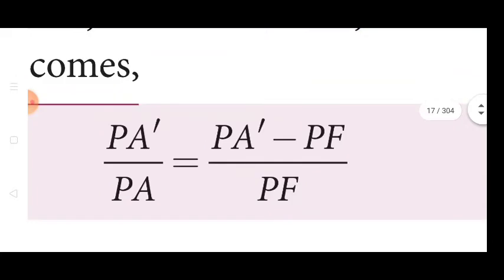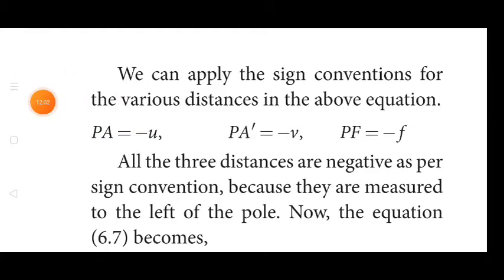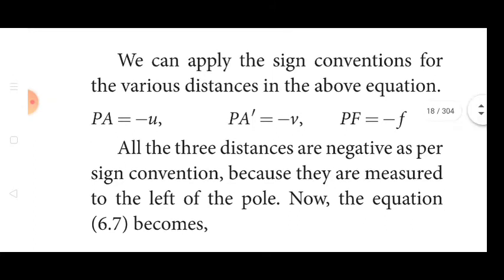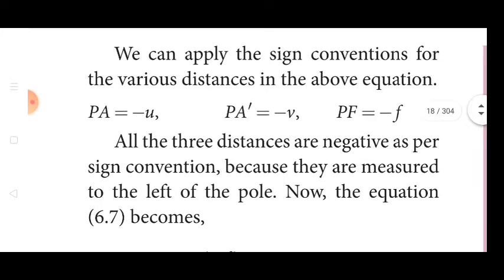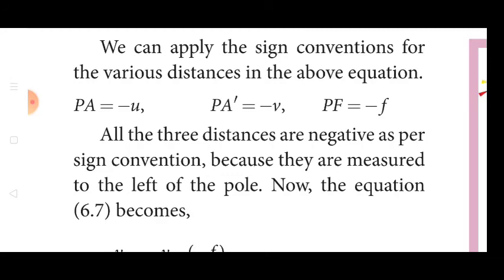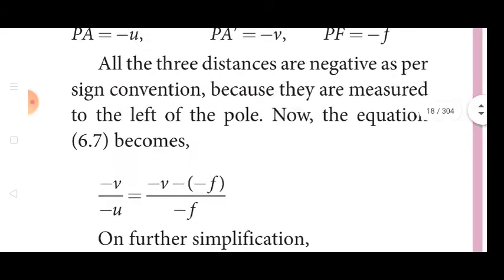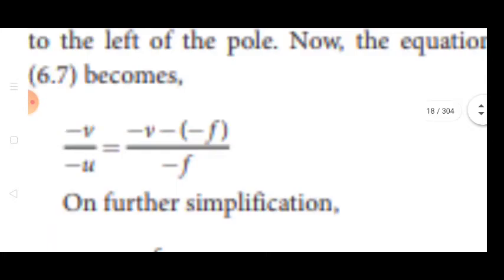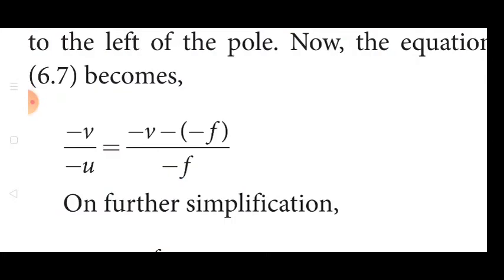We can apply the sign conventions for various distances in the above equation. PA is equal to minus u, PA dash is equal to minus v, and PF is equal to minus f. All the three distances are negative as per the sign convention because they are measured to the left of the pole. Now equation 6.7 becomes minus v by minus u is equal to minus v minus of minus f